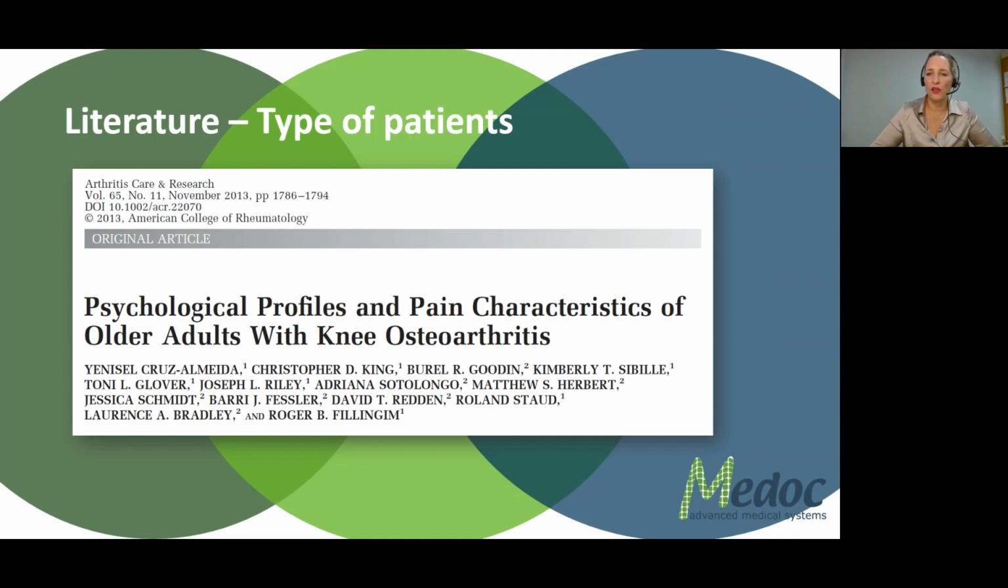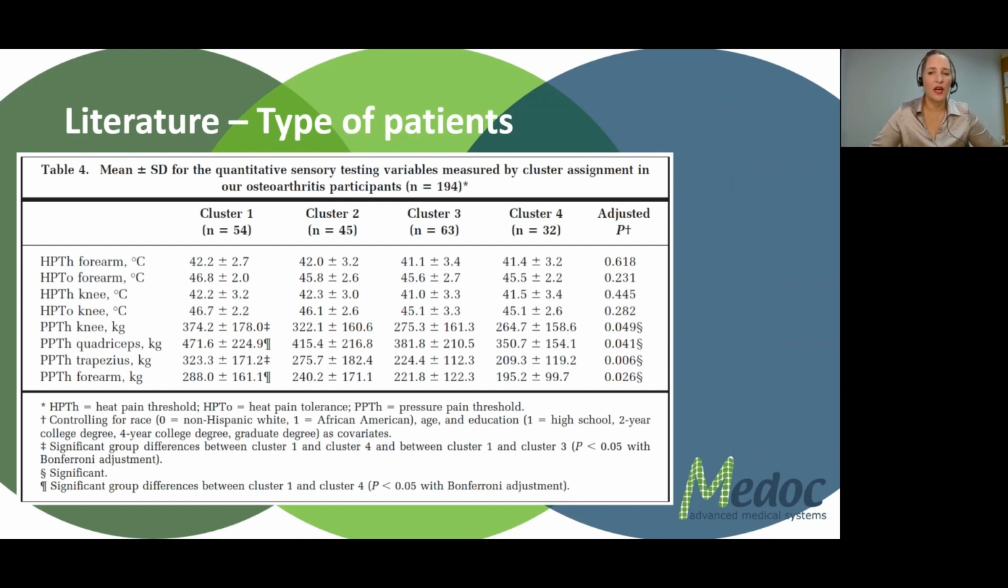And they also had QST findings where they looked at heat pain thresholds and tolerance, but also at pressure pain thresholds at different sites. And they found that patients with high optimism and low negative affect, this is cluster one, happy-go-lucky patients, showed the highest pressure pain thresholds at all sites, especially if you compare them to cluster four, the patients with high somatic sensitivity and pain hypervigilance, who showed the lowest pressure pain thresholds across all sites. So this is an interesting way to see parallels between psychological profiles